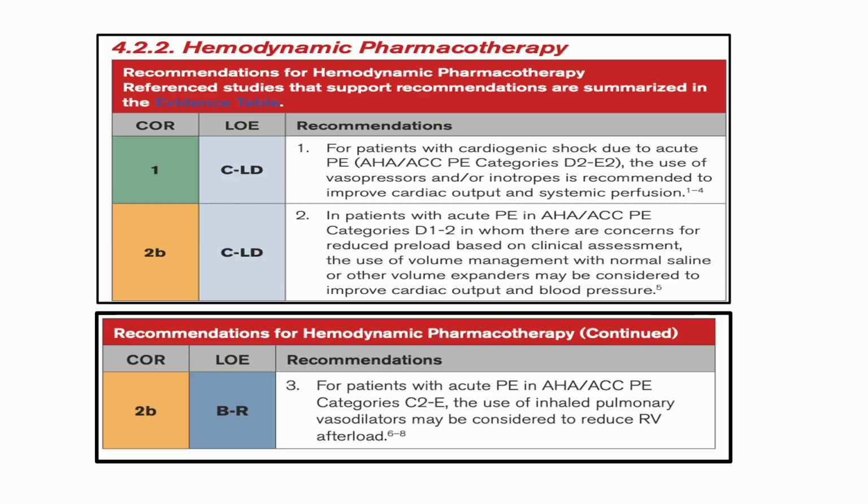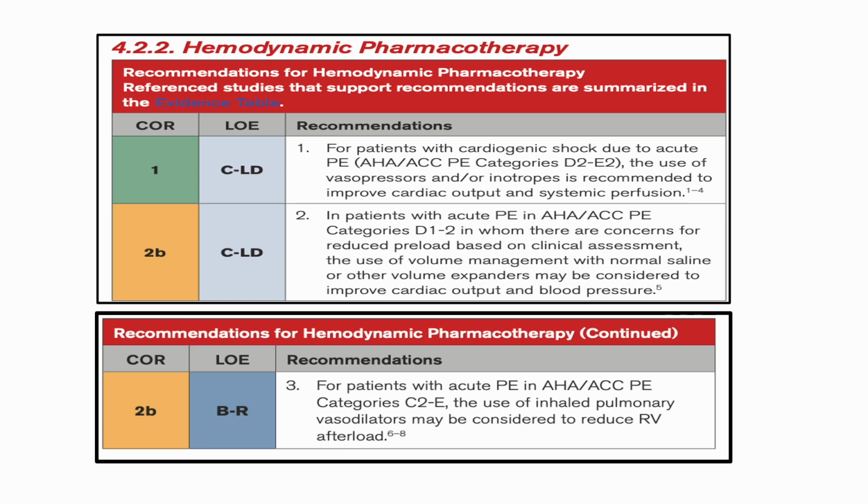For patients with cardiogenic shock, the use of vasopressors and inotropes is recommended to improve the cardiac output. Grade 2, for patients in category D1 to D2, where there are concerns for reduced preload based on the clinical assessment, volume management with normal saline and other volume expanders may be considered. As I said, for transient hypotension you can give an initial bolus of 500 to 1000 mL of normal saline. You may try for response to volume therapy, but if the patient seems to be worsening,